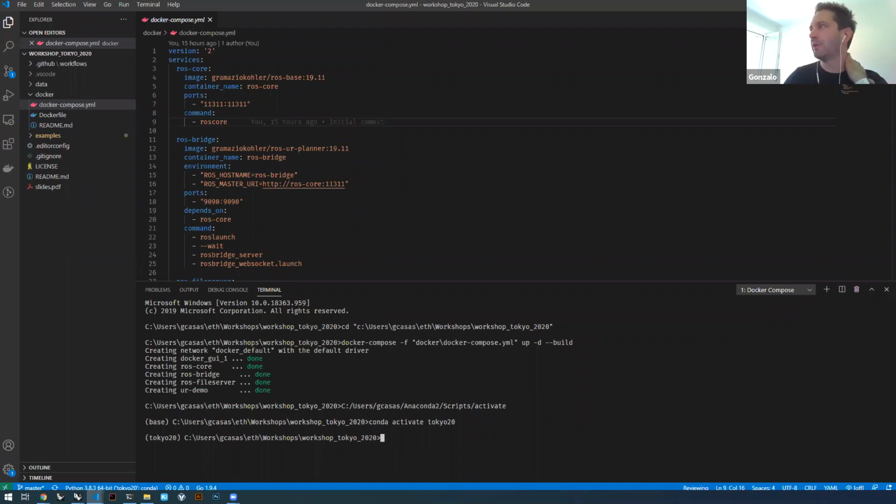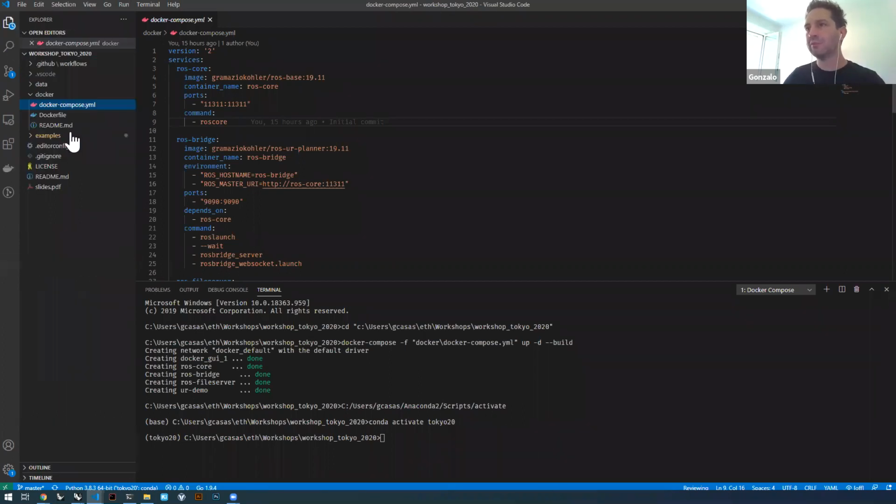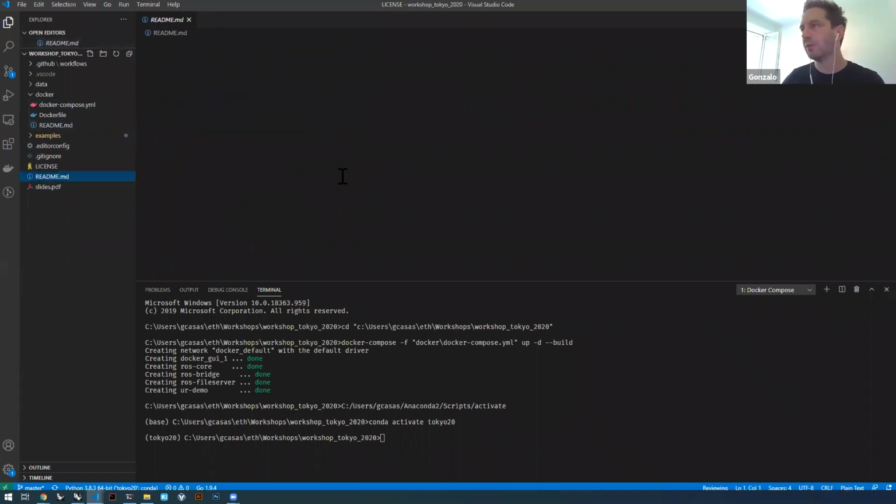Now, Docker usually doesn't have a graphics interface. So now we have these 5 containers running, but we don't see anything. They already started, so what you saw here is starting up ROS on a Windows computer. If you go here, you can see what you have running on your system. So we have all this, but we don't have a UI. So what we did, in the main README but also in the slides,